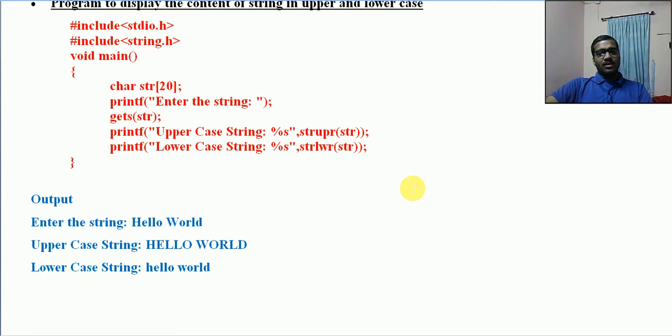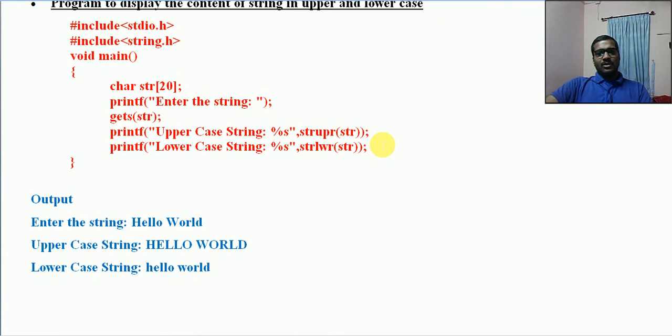So why are we using these functions? Because we want to make the program easier. As a computer science engineer, we need to study how we can resolve the problem without using string handling functions itself. That is for creating the logics.